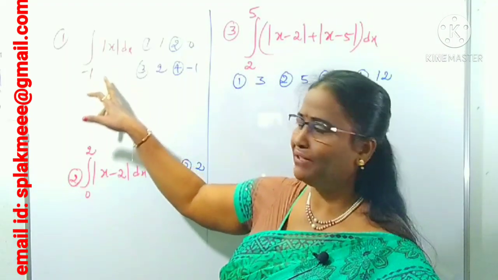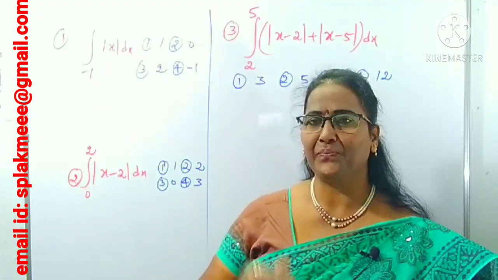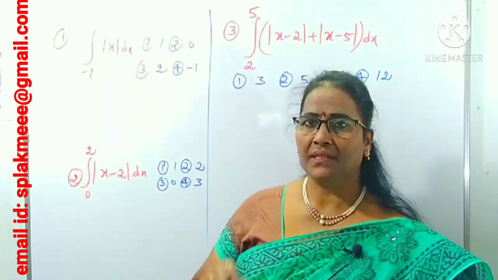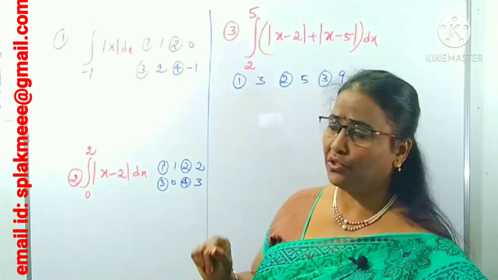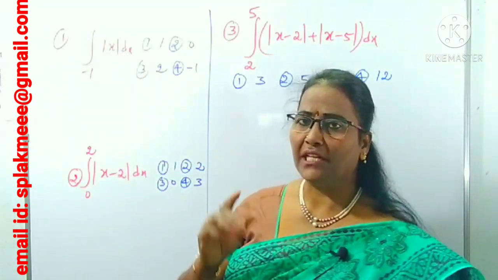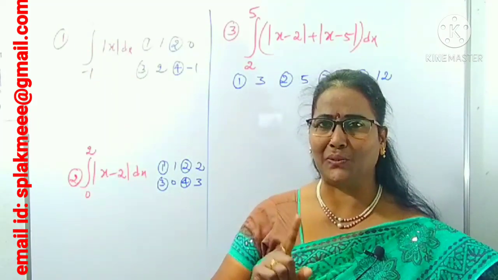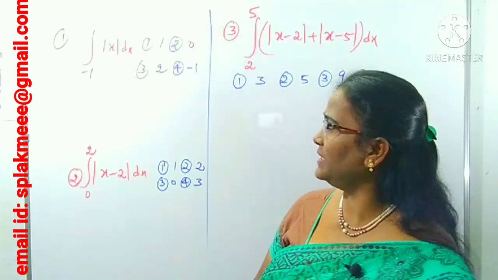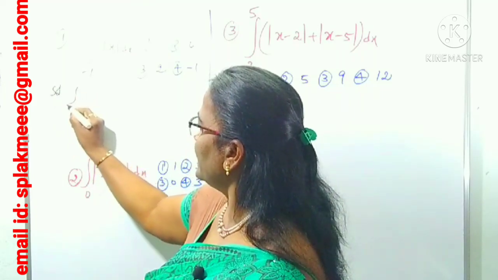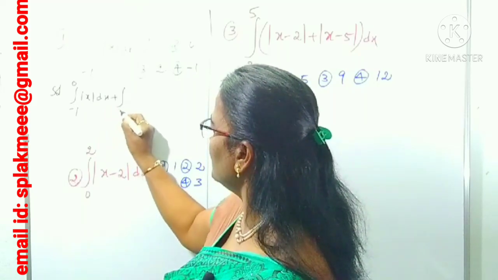Integral of mod x between the limits minus 1 to 1. What is the function here? Mod x, limits are from minus 1 to plus 1. For what value of x does this become 0? Yes, x is 0. Means indirectly you know clearly the interval from minus 1 to 1, we have to split at x equal to 0. You know clearly in between minus 1 to plus 1 there is a 0. That's why you can split this as a sum of two integrations. One is minus 1 to 0 of mod x plus next 0 to 1.